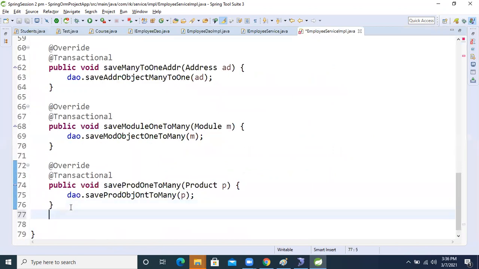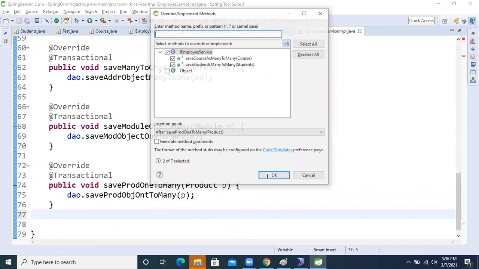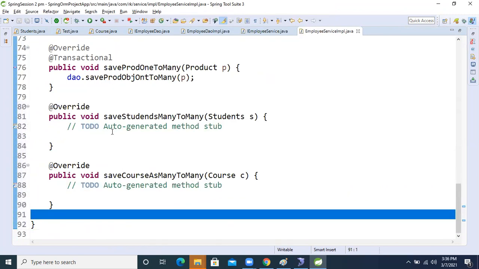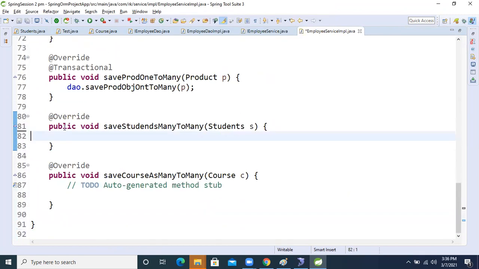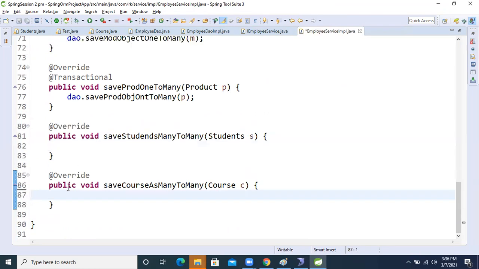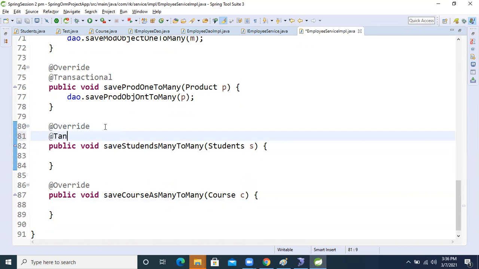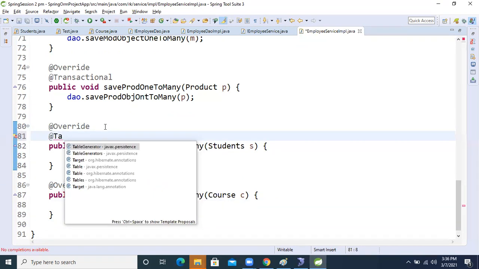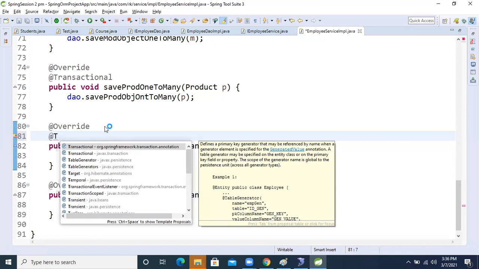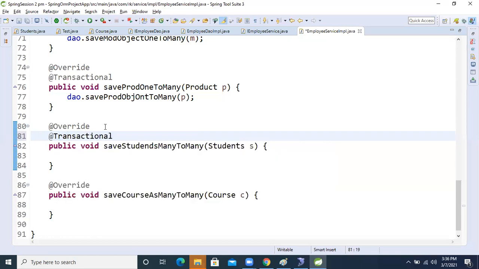So, Alt Shift S plus V. After overriding the method, we write the logic. But on the first day I said that for non-select methods, which annotation will we apply? The at-the-rate Transactional annotation on top of the method.